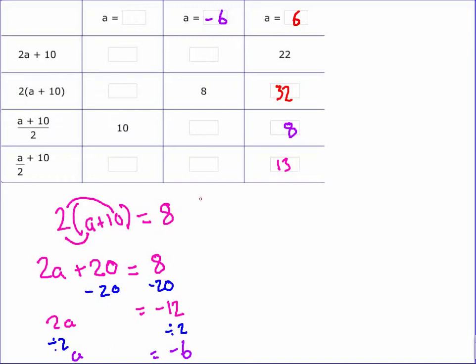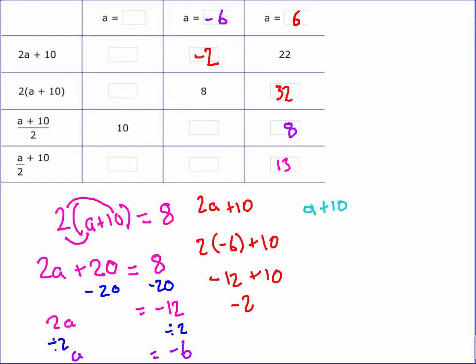Next question. For the next expression down, A plus 10 over 2 gives me minus 6 plus 10 all over 2, which is 4 over 2. So my answer is 2. And A over 2 plus 10 gives me minus 6 divided by 2 plus 10. Minus 6 divided by 2 is minus 3, plus 10, so